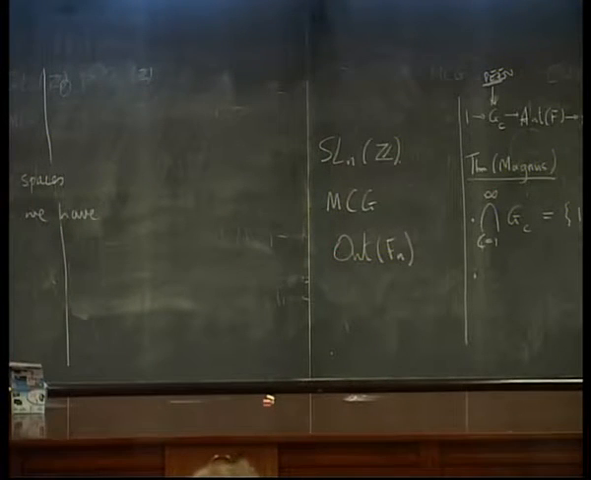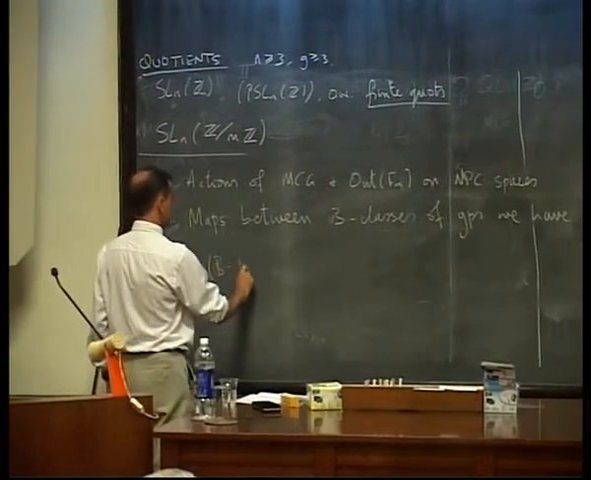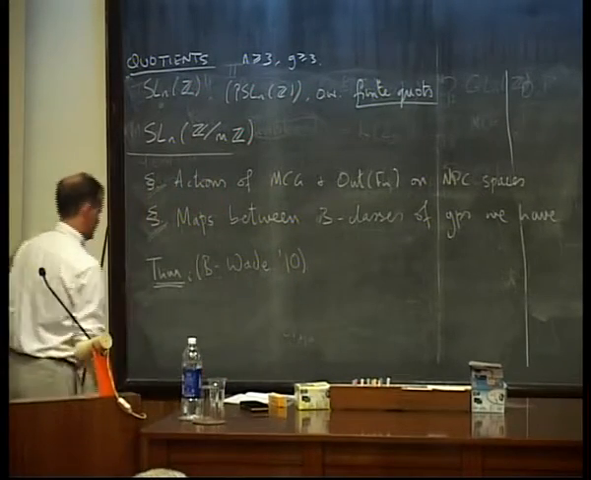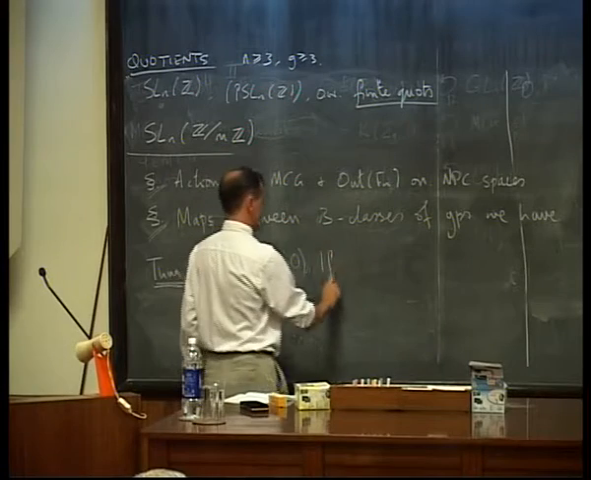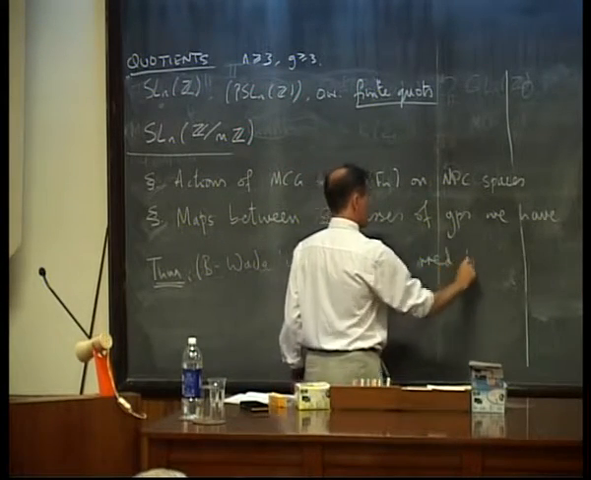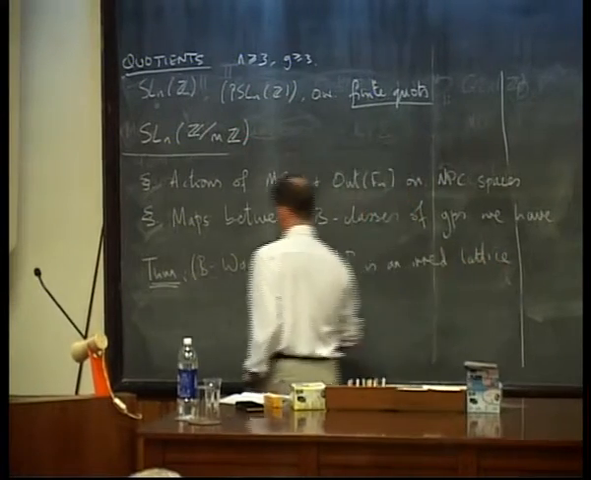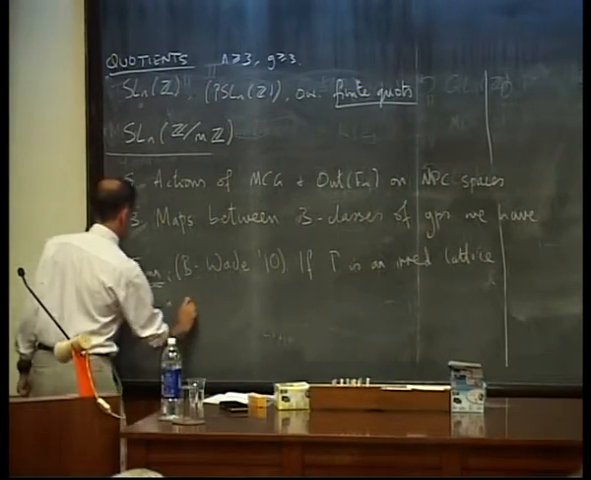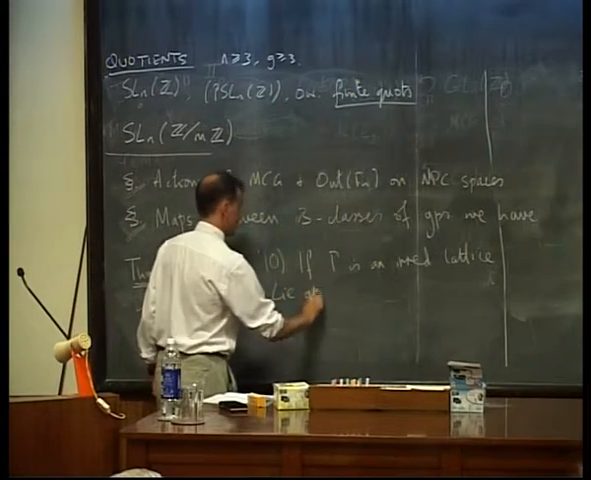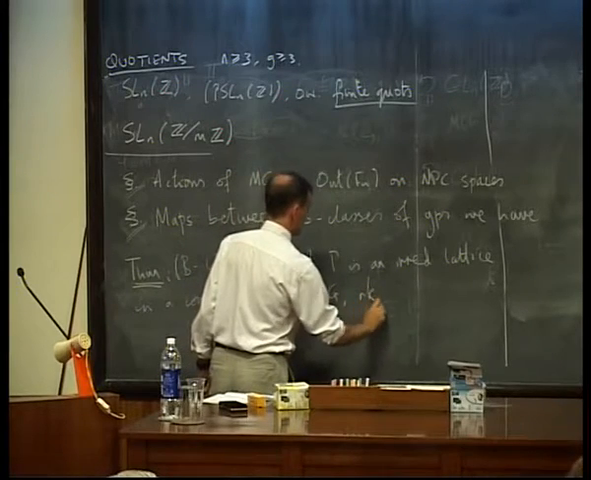I'm going to state theorems of each of those types, but the one I really want to get to and say something about the proof, because it illustrates the principle I'm trying to talk about best, is a theorem I proved with my student Rick Wade a few months ago. I've been wanting to prove it for ages. So if gamma is an irreducible lattice in a connected semi-simple Lie group G with real rank at least 2,